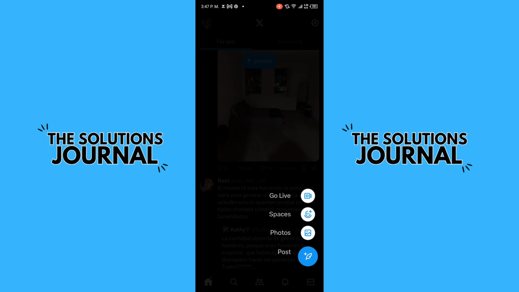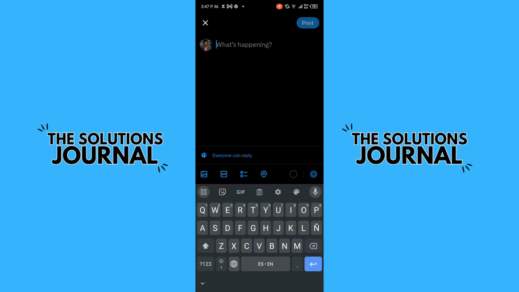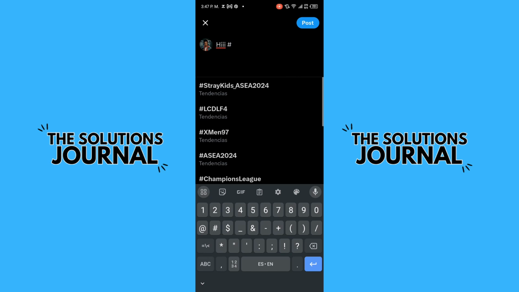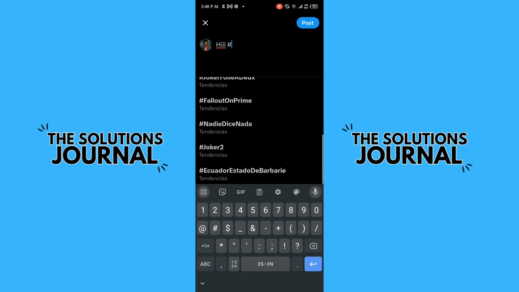a couple of options like go live, space, photos, but you need to pick the option of post here in the blue button, and after that you can start typing anything you want like hi, and after that to use your own hashtags you need to go to the hashtag. You put the hashtag and X gives you all the hashtags in trending topic